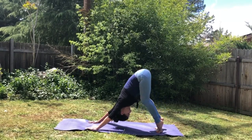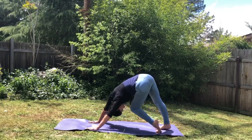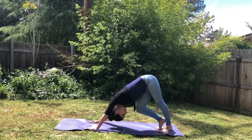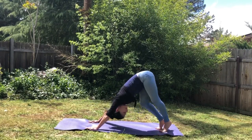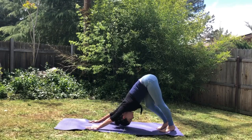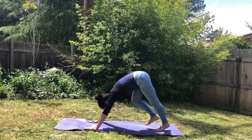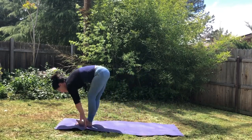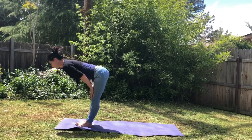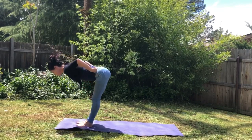Lift both heels up and bend the knees a lot. Let your belly rest on the thighs, and then straighten the knees, and then bending and straightening the knees in an alternating fashion, sort of walking it out. Really let your hips twist and turn here. You can pause and hold along the way, whatever feels good. Look between your hands for your focus, and then step by step, walking the feet up to the hands. Lengthen the spine halfway. You can place the hands on the quadriceps, flat back,